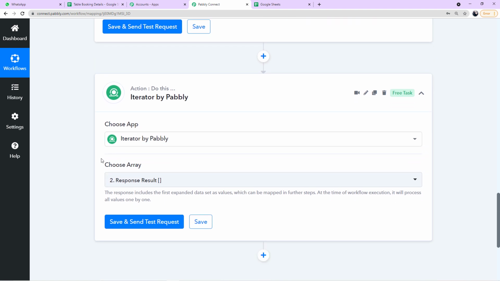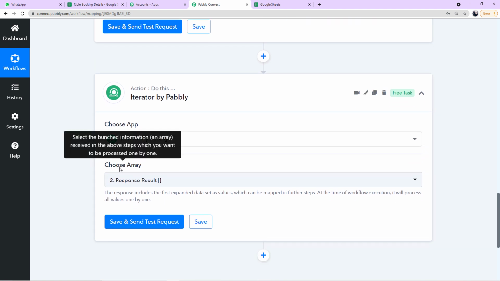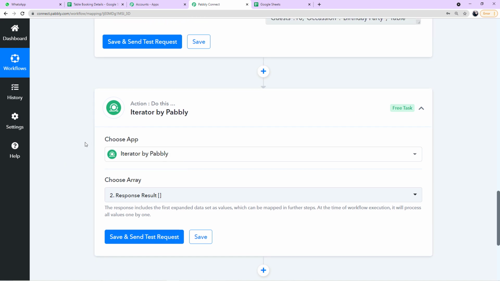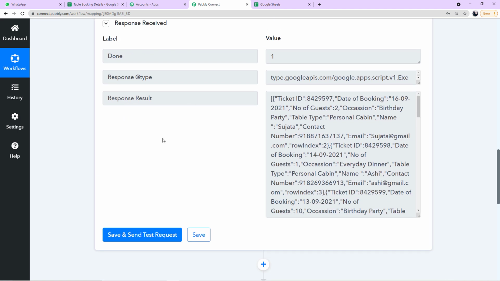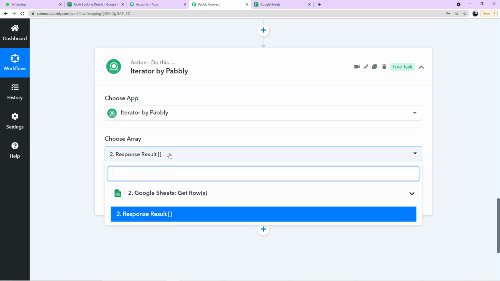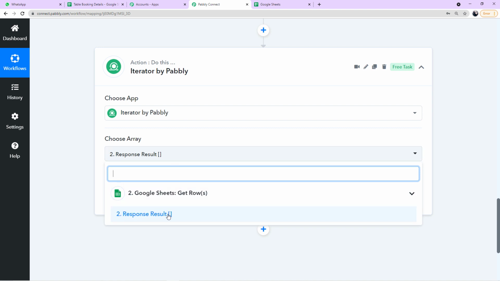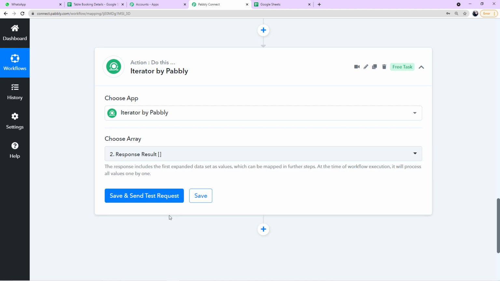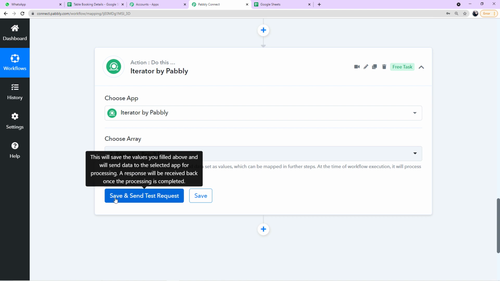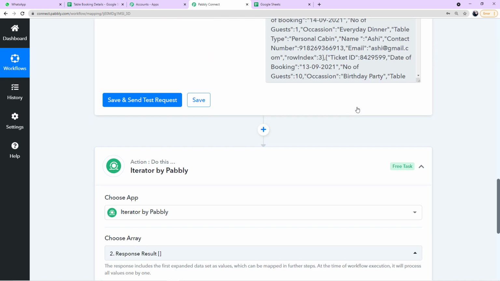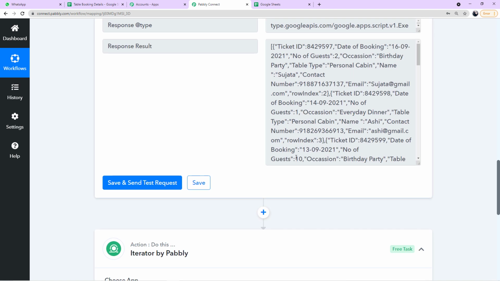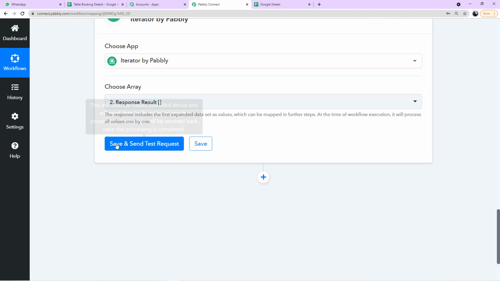It will ask you to choose the array, so you have to choose this response result array. By clicking here, you will see this response result array option. So select this. And now when I click on save and send test request, it will segregate this type of data into row by row format. Let me show you.